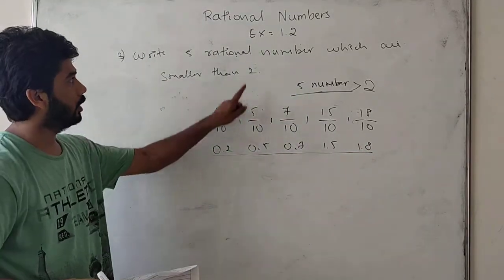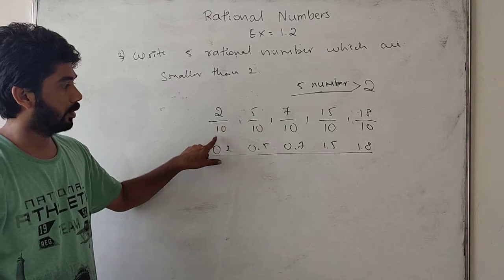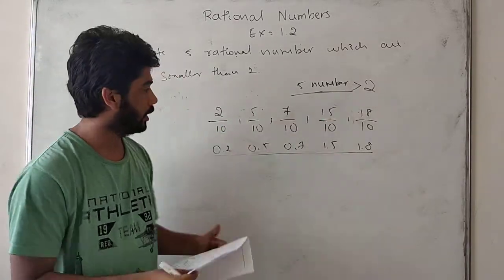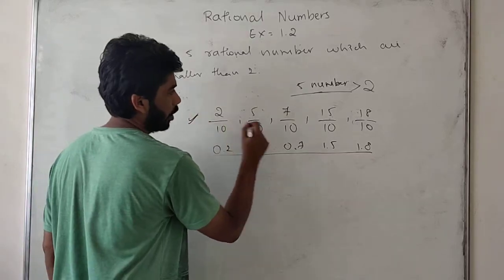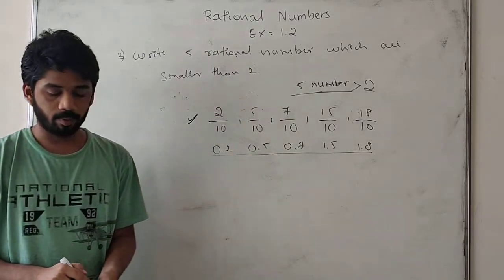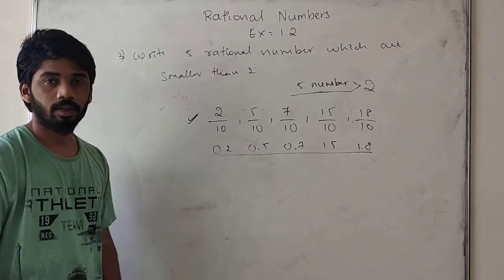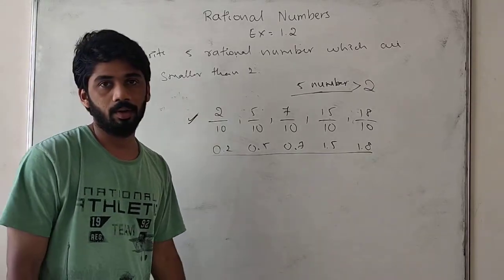So they ask in rational numbers. So I am writing this one, decimals too. All numbers are less than 2. Okay, this is the answer. This type of question may come for 1 mark or 2 marks. It will be coming in your exams. Okay, students, please note it down. I will go to the next problem.